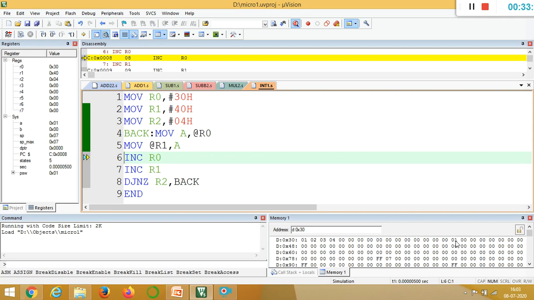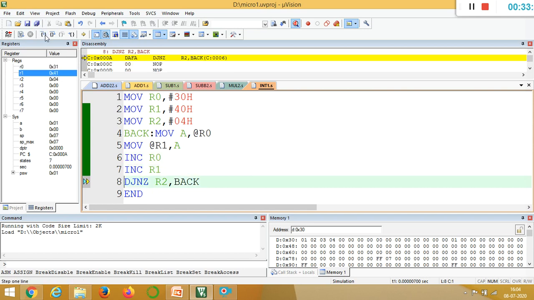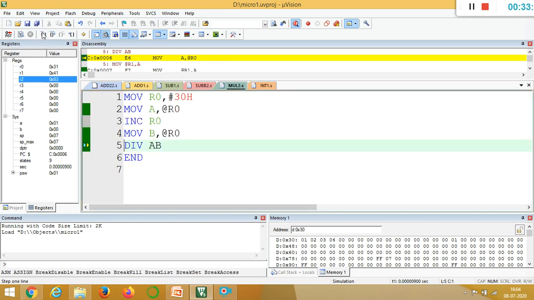So here you can see the first data which is present in 30 is transferred to 40. Again now R0 becomes 31 incremented by 1. Next R1 becomes 41 incremented by 1. Next it will decrement the count. So 4, now it becomes 3. Now it will check whether R2 is 0 or not. If it is not 0, again it will start fetching the data from 31.